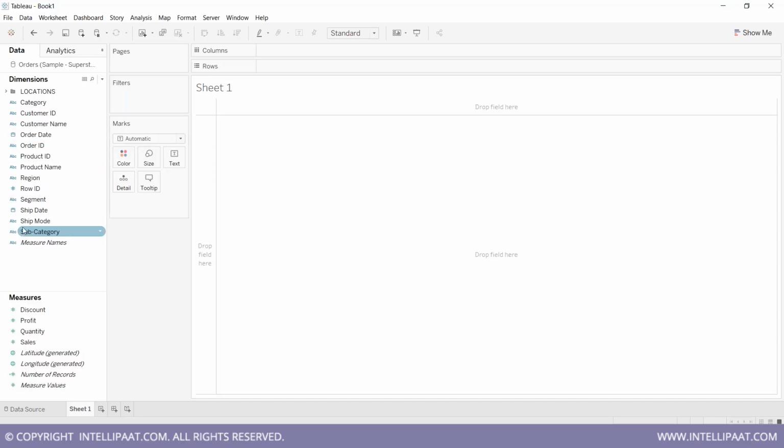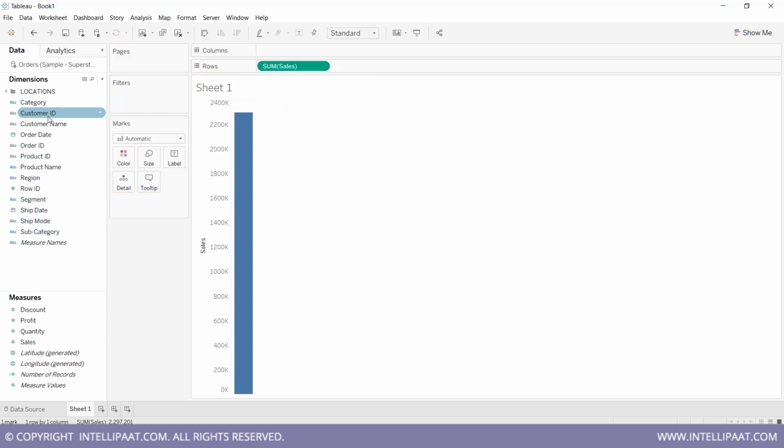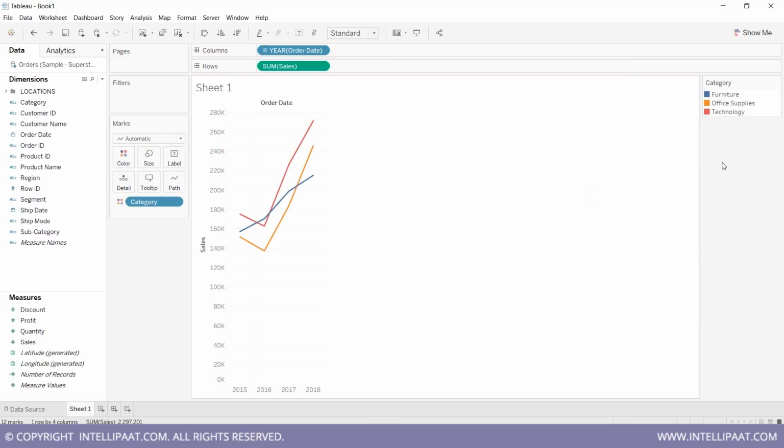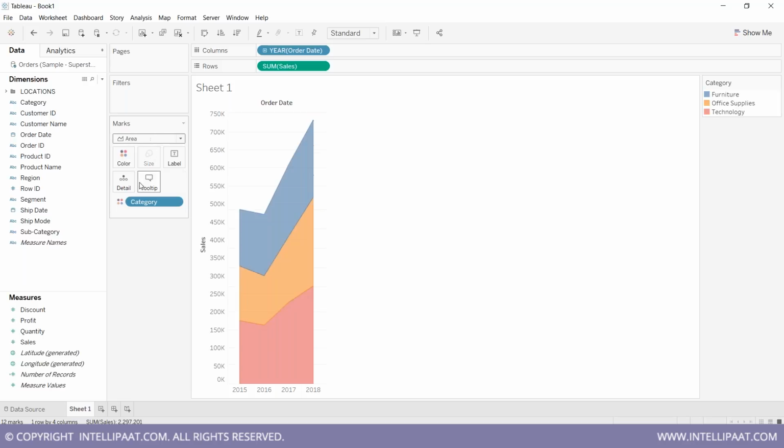We'll have, let's say, a measure, and we'll have a dimension. Let's say we have the date dimension. As you can see, you can have your category in the color, and for each particular category you have been given a color, right? And this is the normal line chart. Now you have to change this into the area chart. So if I go into area, this is how you change it to an area